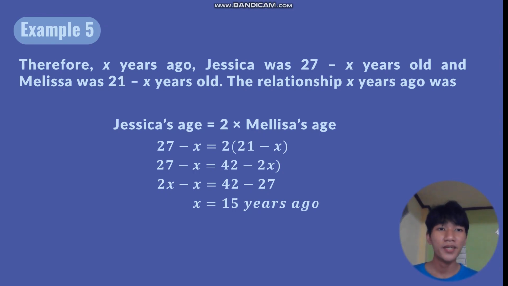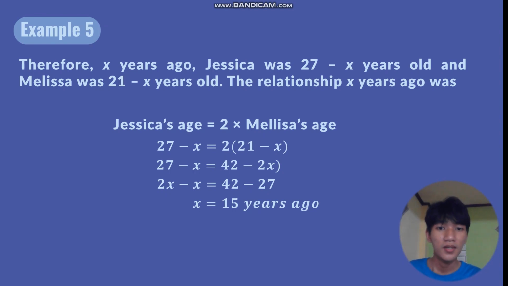The relationship x years ago was Jessica's age is 2 times Melissa's age, and the mathematical model is 27 minus x is 2 times 21 minus x, and 27 minus x is 42 minus 2x, and 2x minus x is 42 minus 27,